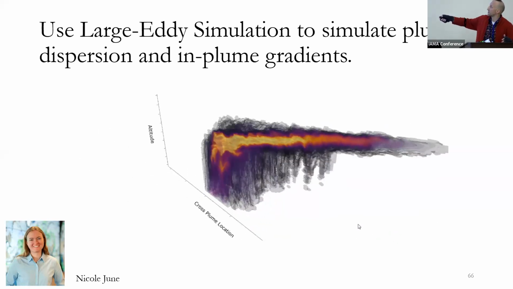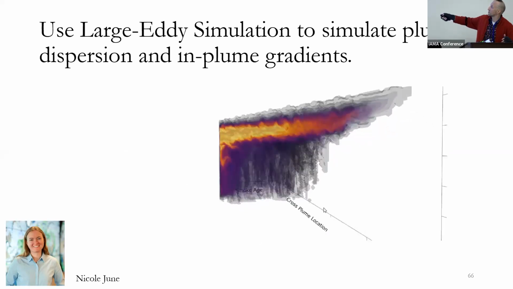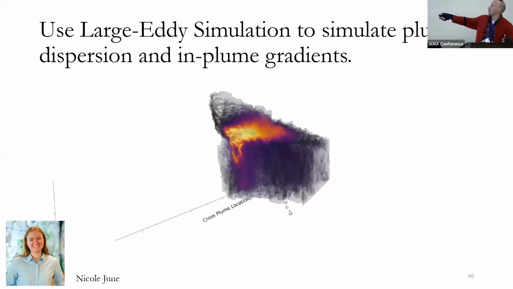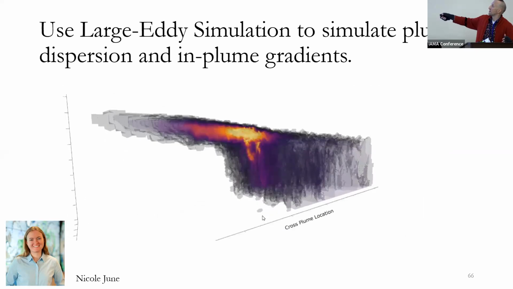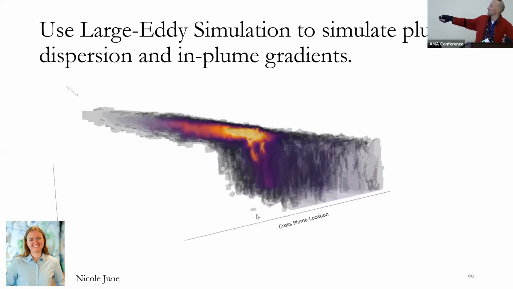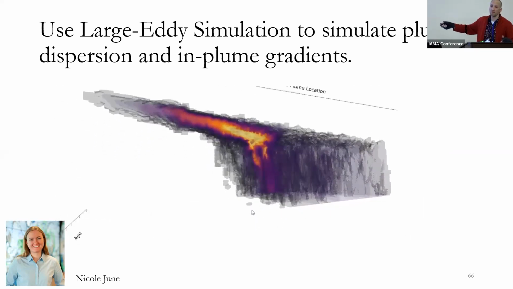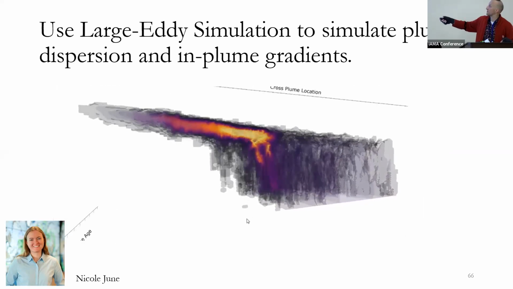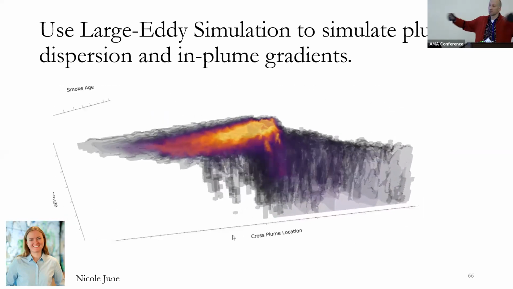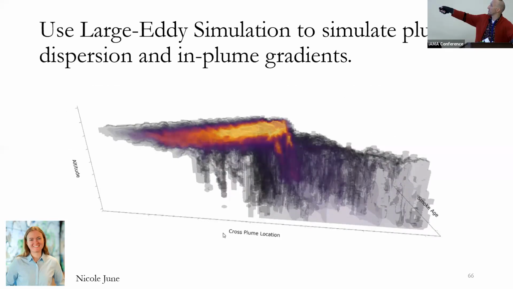So I'll animate it now. You can see the free tropospheric plume, high concentrations in orange. And then the lower part that doesn't make it to the free troposphere mixes and dilutes into the boundary layer. And there's actually roughly the same amount of smoke in the boundary layer as the free troposphere here, but it dilutes so quickly it goes to low concentrations here. There you can see the spread. So there's actually a different wind direction in the lower free troposphere, and then you get the Ekman spiral spreading things out at a different wind direction in the boundary layer.